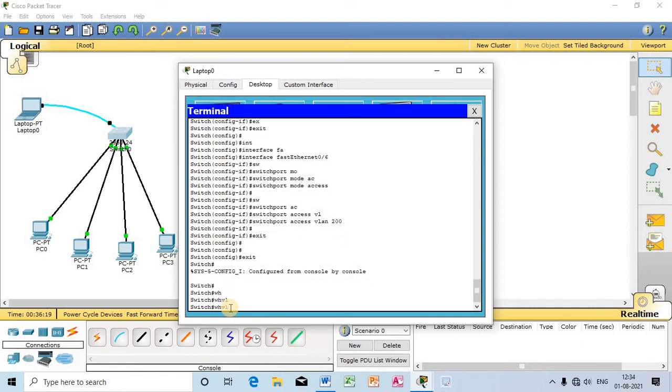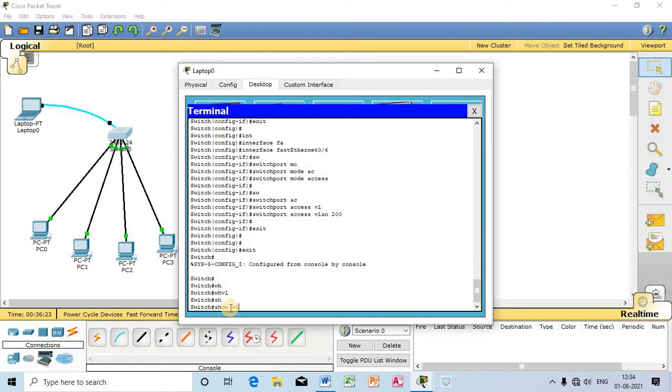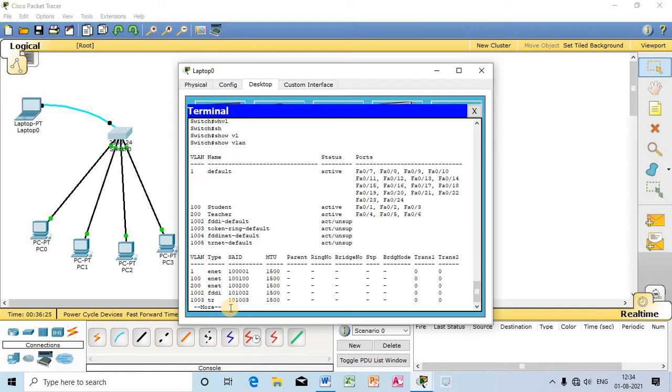So VLAN, you can watch out, in this VLAN, named teacher, 200, I have allotted 3 ports.